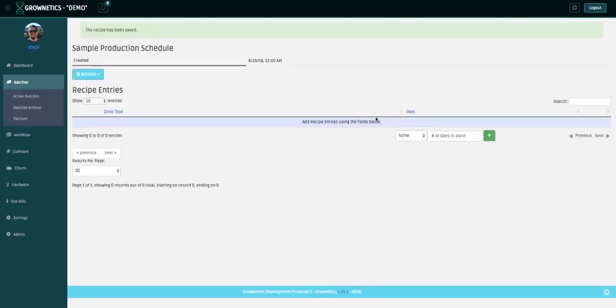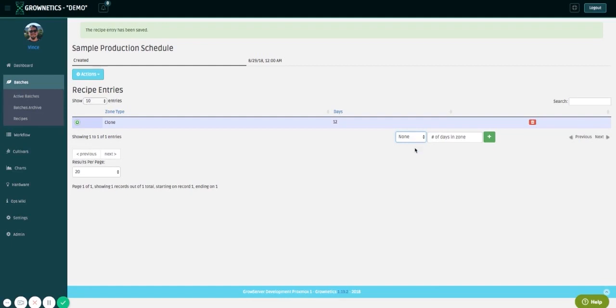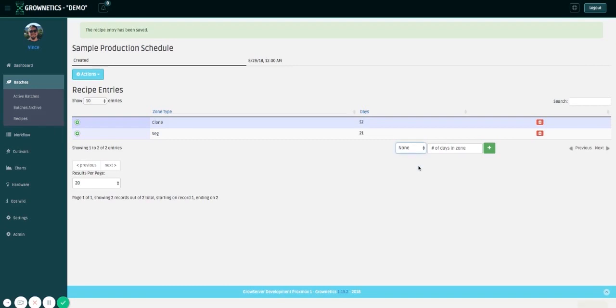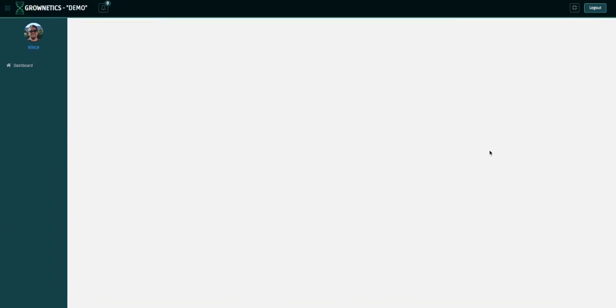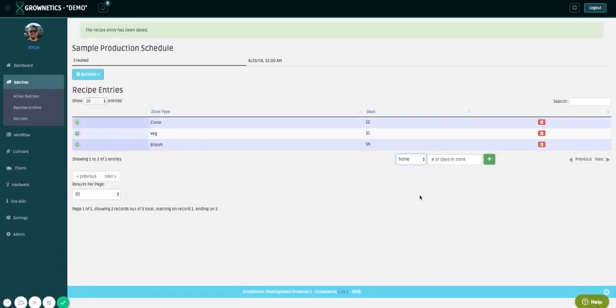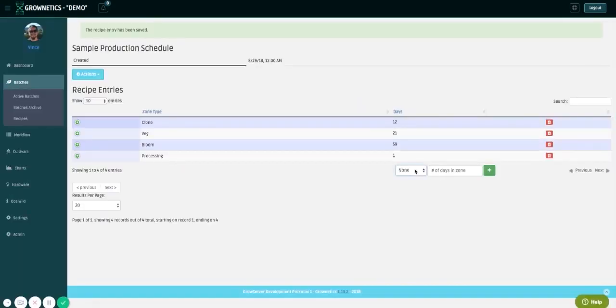And we're going to go through and create all the high-level movements of the batch first. So we're going to start in the clone zone for 12 days. Then we're going to move into veg for 21 days, followed by flower room for, let's say, 59 days, followed by processing for our harvest and weighing and compliance work. And then we're going to go into dry for 7 days,